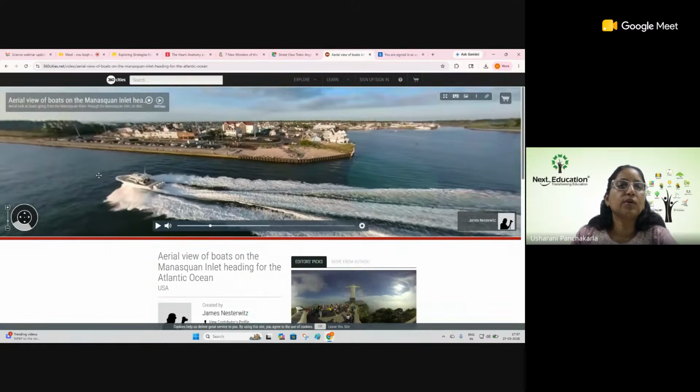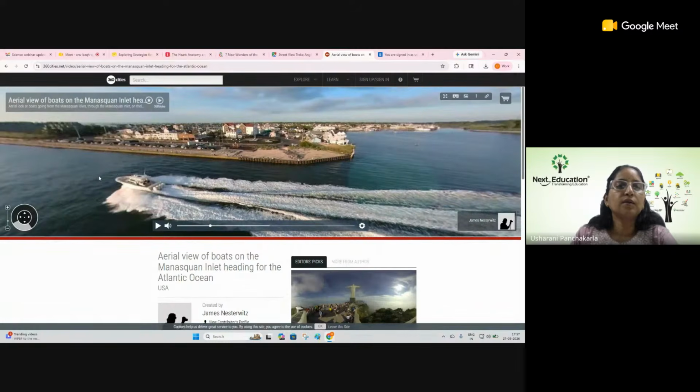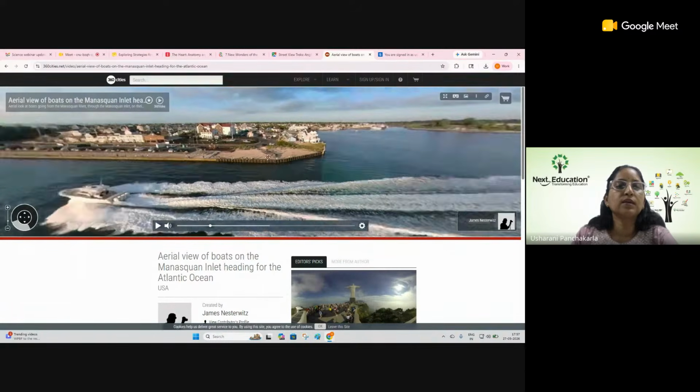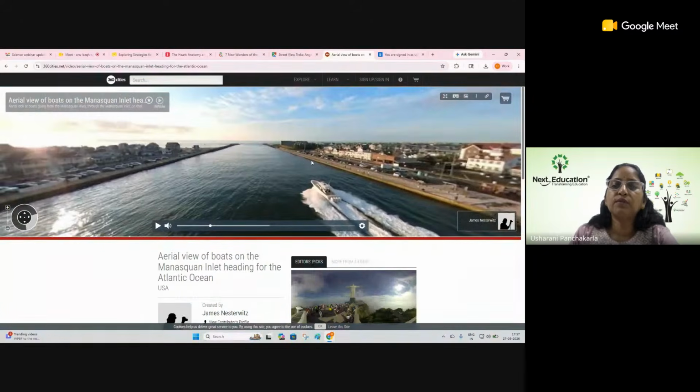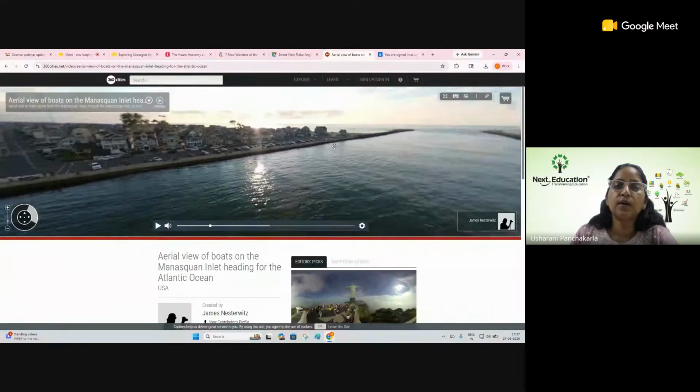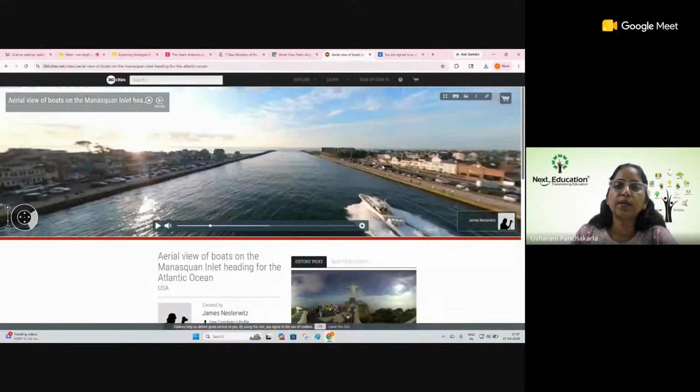This is one more, an aerial view of boats on the Manasquan Inlet. So we have different such links where you can explore it.